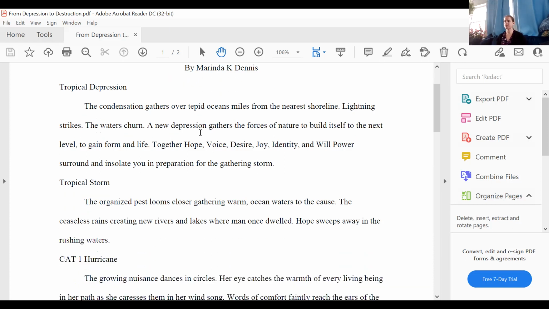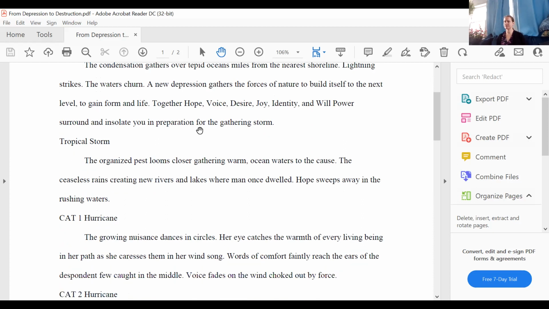Tropical storm. The organized pest looms closer, gathering warm ocean waters to the cause. The ceaseless rains creating new rivers and lakes where man once dwelled. Hope sweeps away in the rushing waters. Cat 1 hurricane.